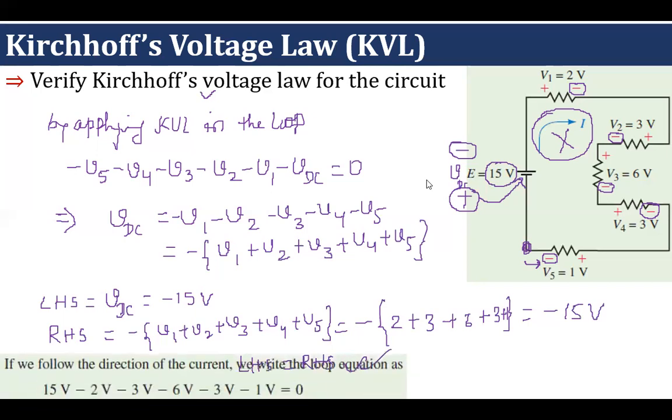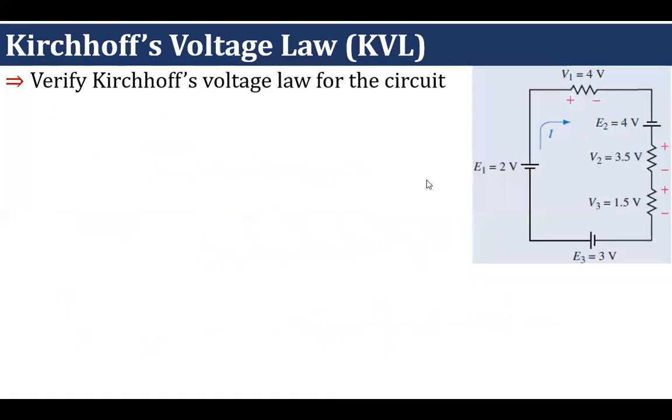Okay, now the same thing is given here also. Now solve this question. Again we have to verify the KVL. This time we have three DC voltages, E1, E2 and E3. I am measuring all the DC voltages. I am giving this the name Vx. Here I am measuring in this way, and I am giving this Vy. And this I am measuring in this way, and I am saying this is Vz. And I am moving from this node in a clockwise way.